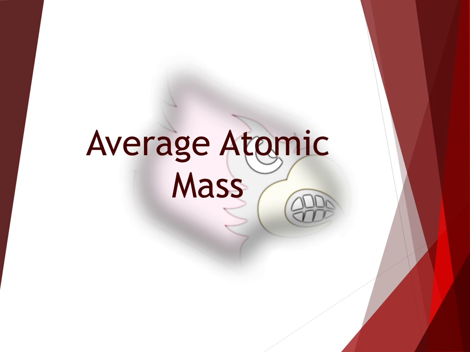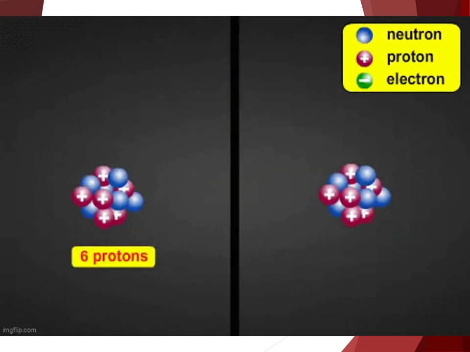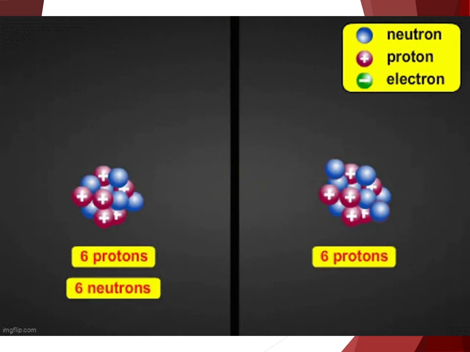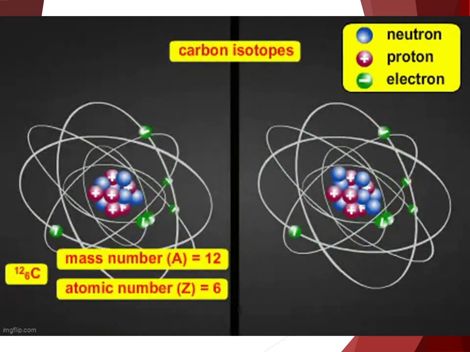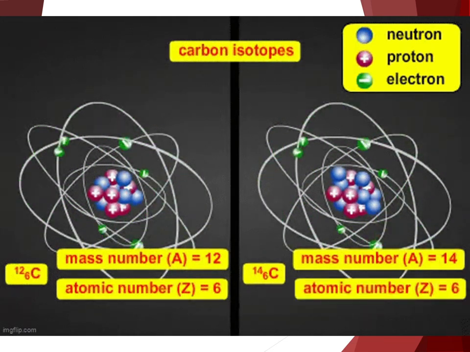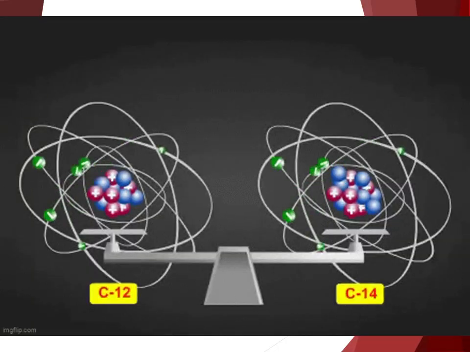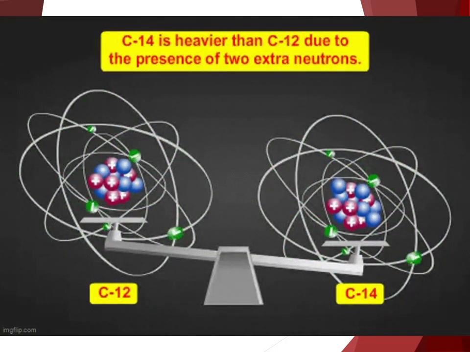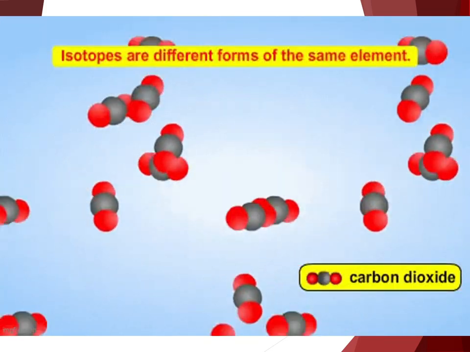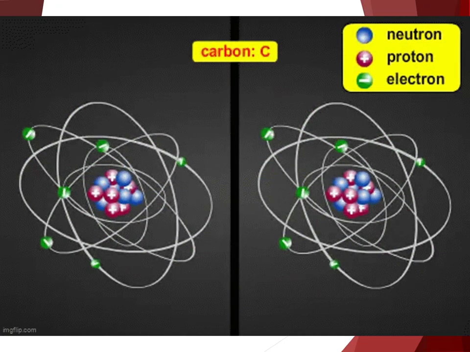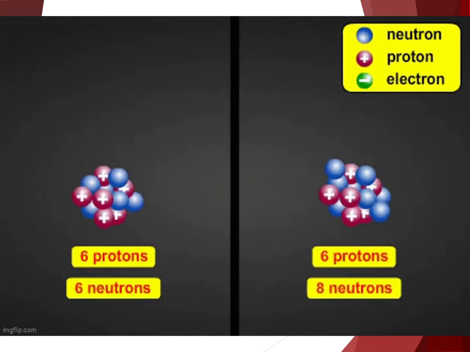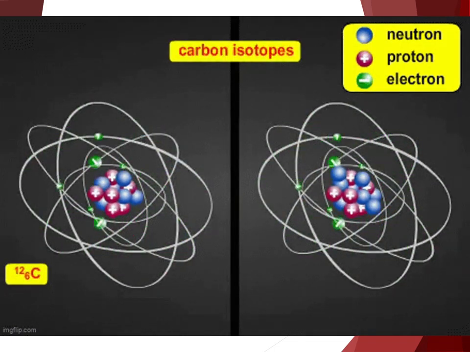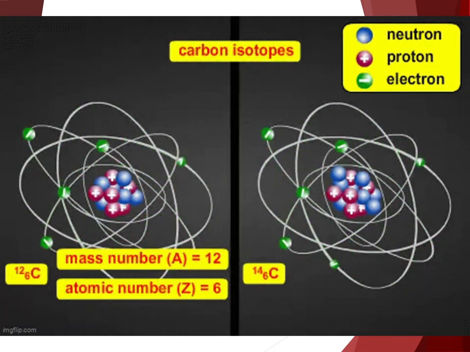Our first main idea: average atomic mass. Often, it is useful to consider the general properties of an element, even if several isotopes are present. For example, an environmental scientist might want to study the behavior of oxygen in the atmosphere. There are three naturally occurring isotopes of oxygen: oxygen 16, oxygen 17, and oxygen 18. The scientist's work will be concerned with the oxygen that actually exists in the atmosphere rather than with each isotope